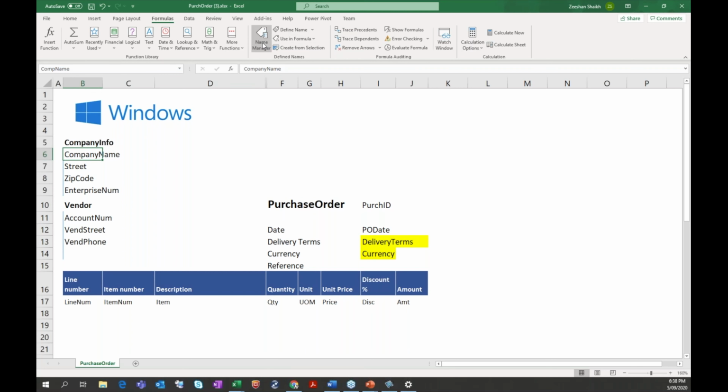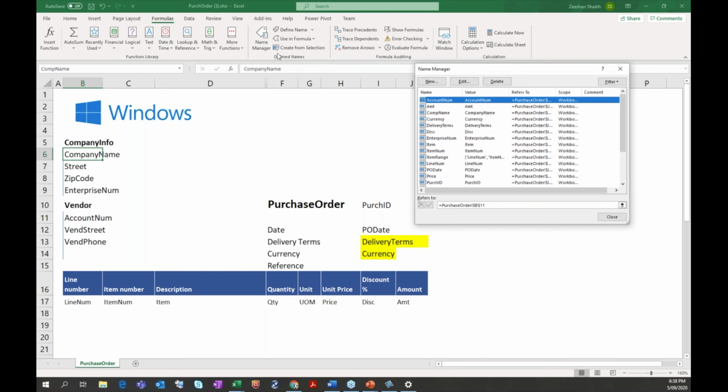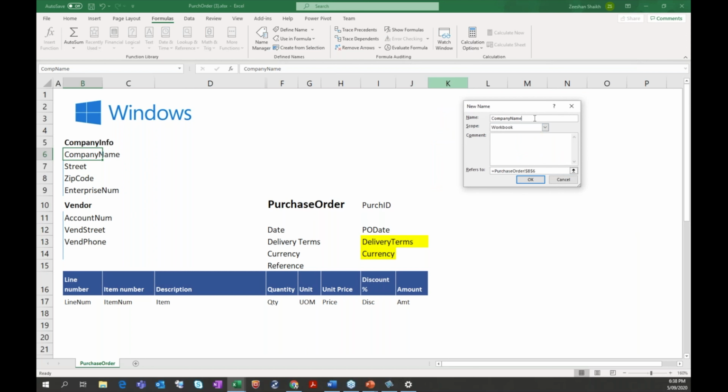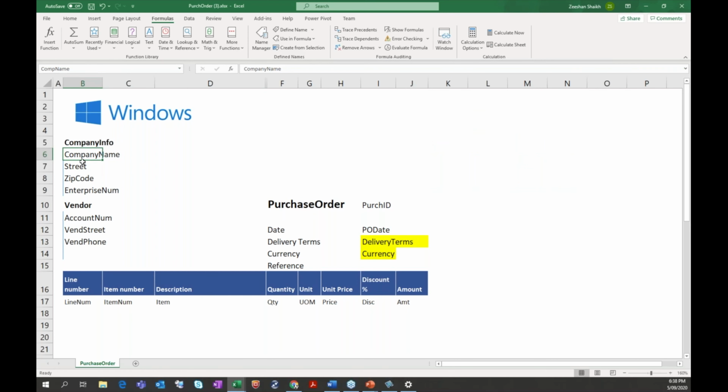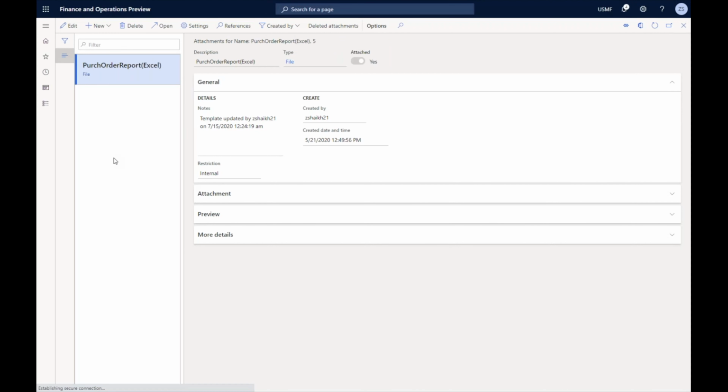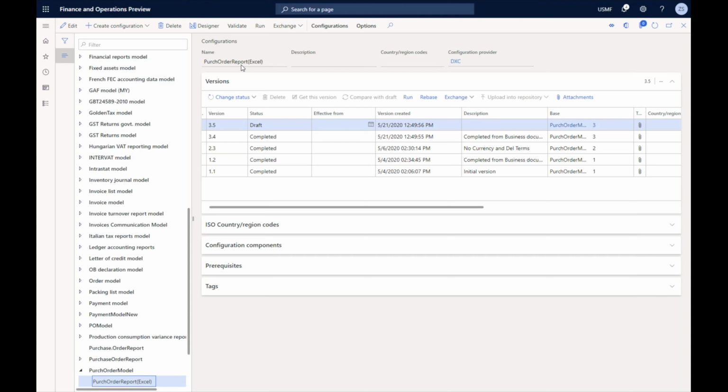So what you need to do is click on the name manager, click on new, and define the name, whatsoever name you are going to define, XYZ. And here you have to address which field, which area or column you would like to have this particular field. One by one, I have designed all of these items in my Excel report. After defining that, you will go into your designer